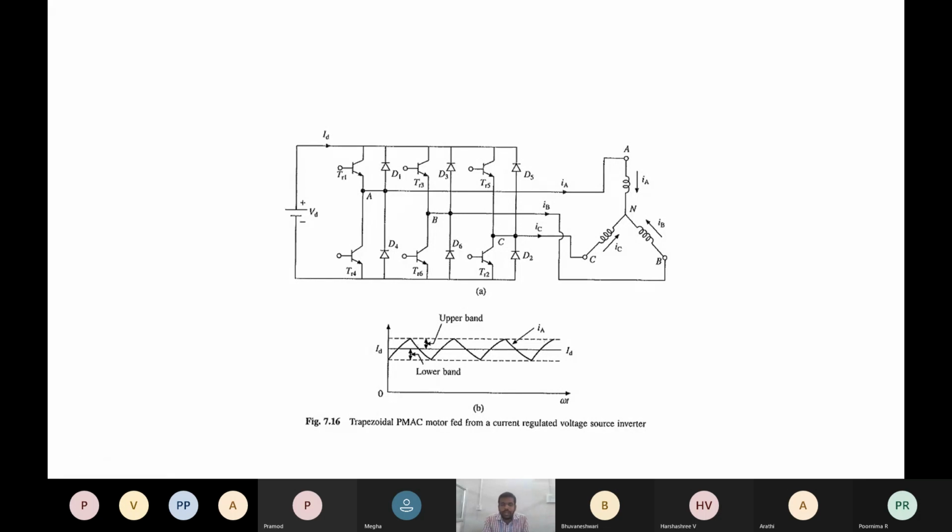These are connected at the positive terminal and negative terminal. TR1 and D1 are connected at the positive terminal of our DC source. TR6 and D6 are connected at the negative terminal of our DC source. So through phase A, positive current IA will be flowing. The transistors connected at the positive terminal of our supply carry the positive current. In this configuration, the positive terminal is connected at TR1, so the positive current is flowing through TR1.